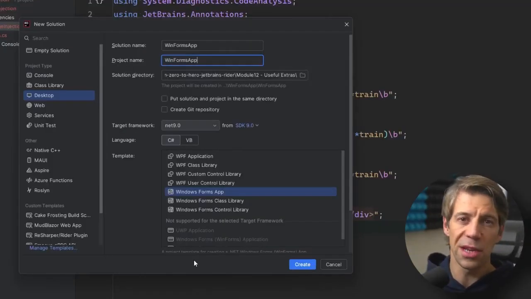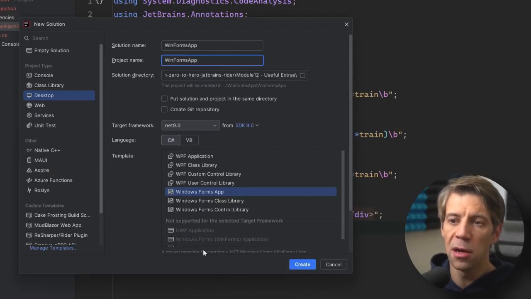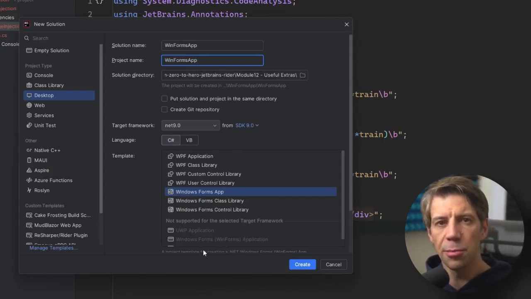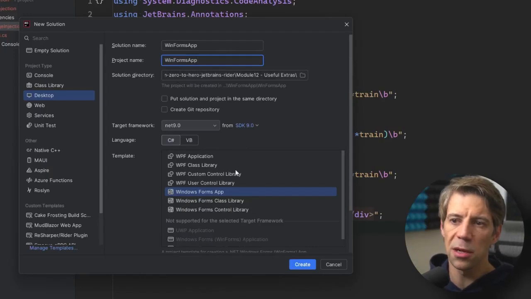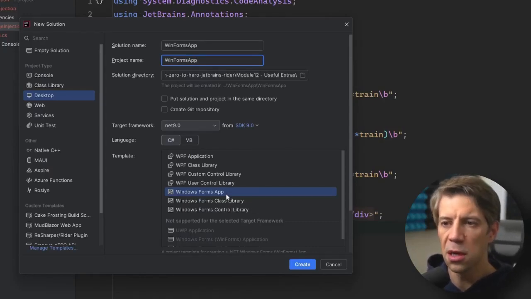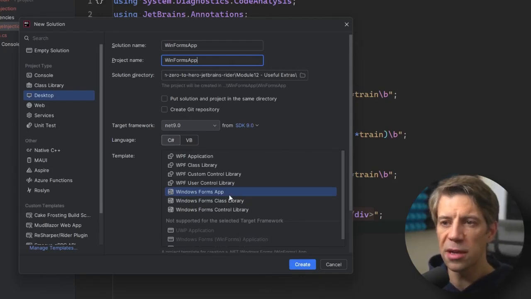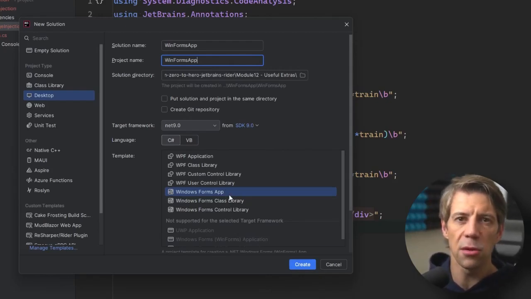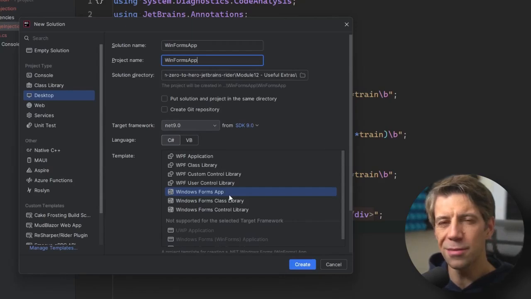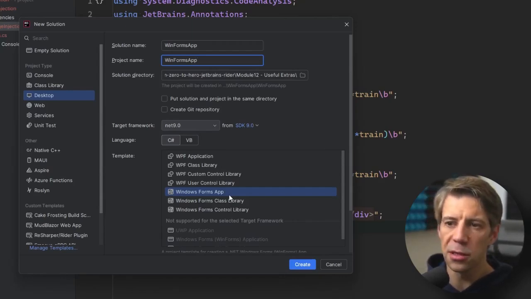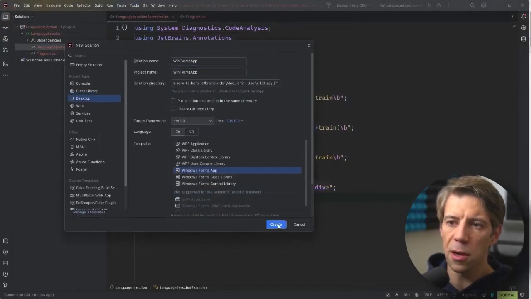So just a quick one this time, and this is if you're a Windows developer. I want to show that this also supports older technologies as well, like for example, WinForms. If you've been a .NET developer for a while, then you've probably used WinForms. It's basically an older desktop application technology, and the UI is not the prettiest, but it's great for knocking up internal tools and things. And I just want to show that if I create a WinForms app now,